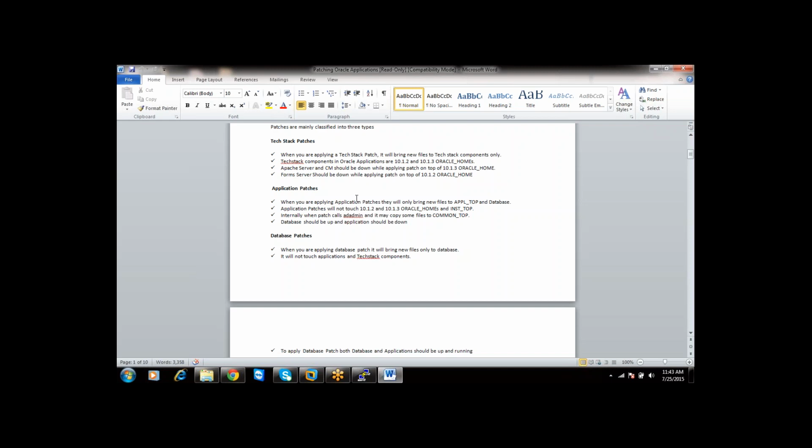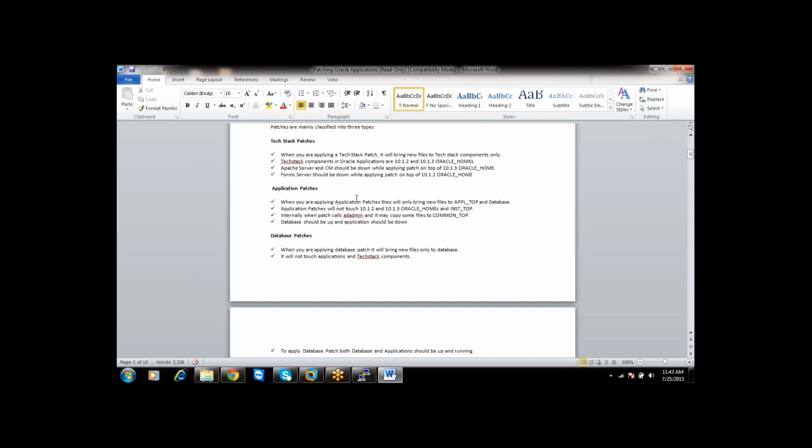If you see any issues related to the Apache server, Oracle might ask you to apply patches on top of the 10.13 Oracle home. If you see any issues related to the 10.1 forms server, then Oracle might ask you to apply patches on top of the 10.12 Oracle home. Whenever you are applying patches on these Oracle homes, you apply using OPatch. These are called tech stack patches.